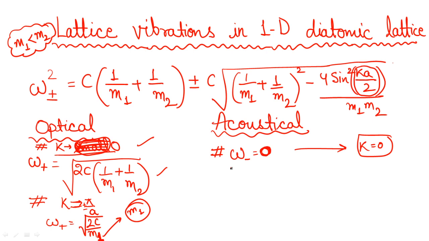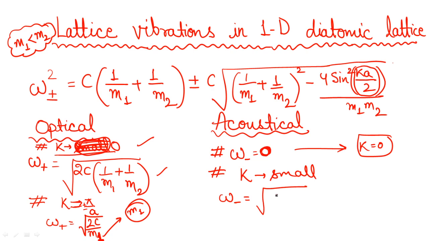So you should write, firstly, k is equal to 0, then write the omega value you are going to get. Second case is when k is small. In that case lambda will be large, and you replace sine square ka upon 2 with (ka upon 2) square, because for k small, sine square theta will be theta square itself, or sine theta will be theta. Accordingly you can make the changes, and after considering that, you will get omega negative